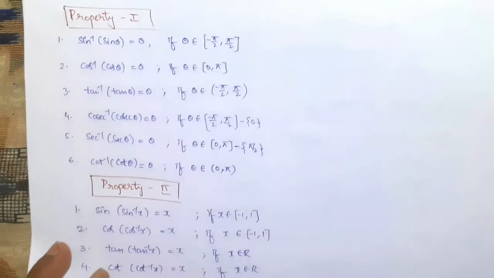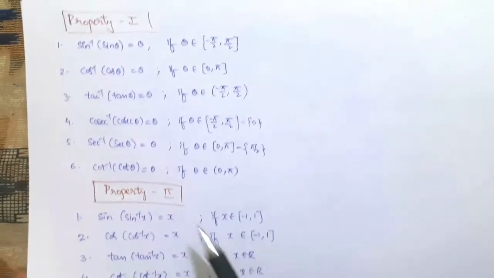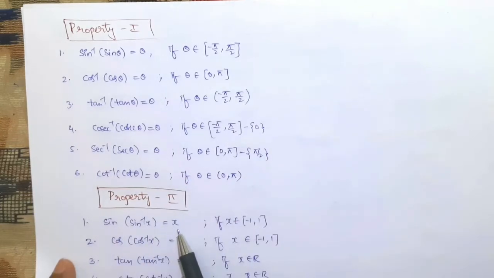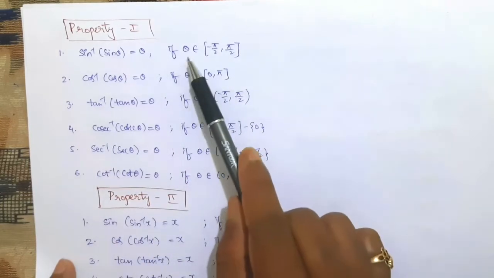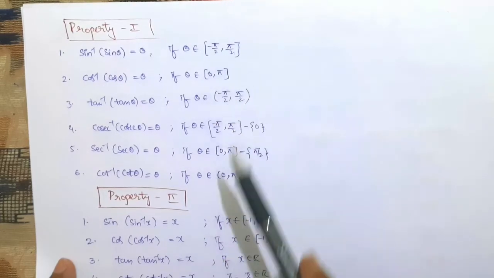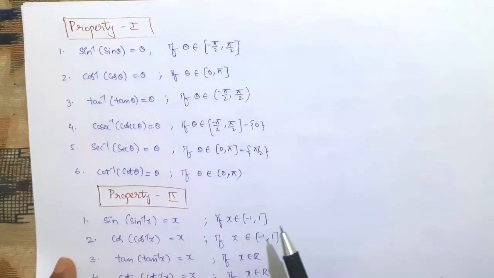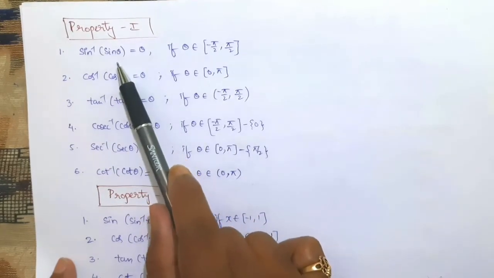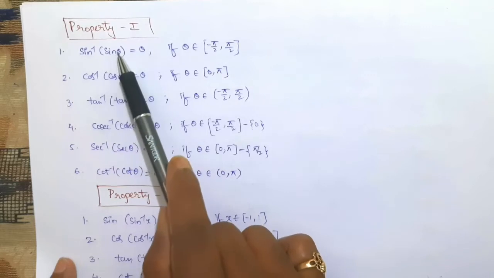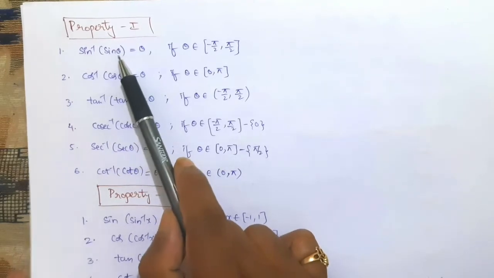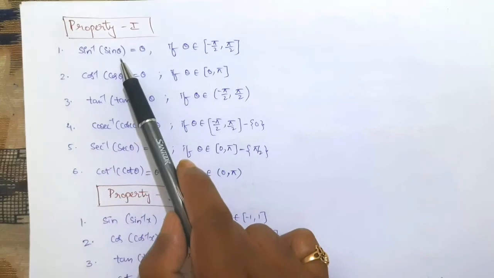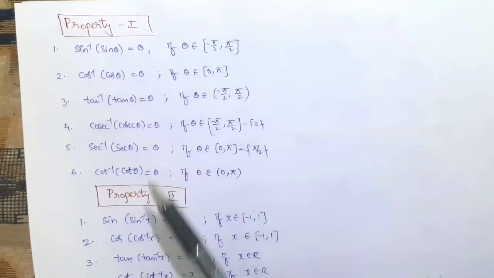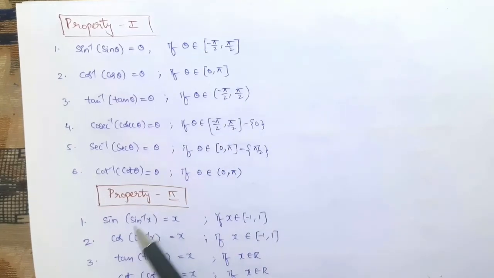See how to remember easily. You may get confused: sine inverse of sine theta is theta, and sine of sine inverse x is x, but why here theta belongs to minus pi by 2 to pi by 2, and here why x belongs to -1 to 1? You need to remember what is inside the function. What is this theta? This is a trigonometric function, right? For this trigonometric function, theta should belong to minus pi by 2 comma pi by 2. Here, when it comes to this function, this is an inverse trigonometric function.